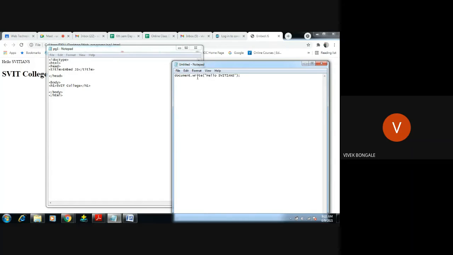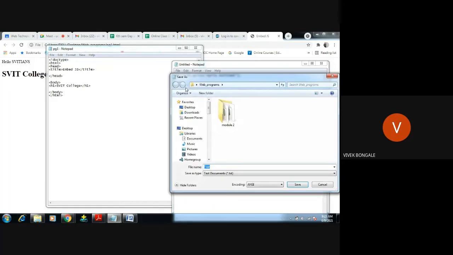Here we're not going to use a script tag or closing of script tag. We just have to write what we want to display in the browser window with the help of JavaScript. So I will save this one.